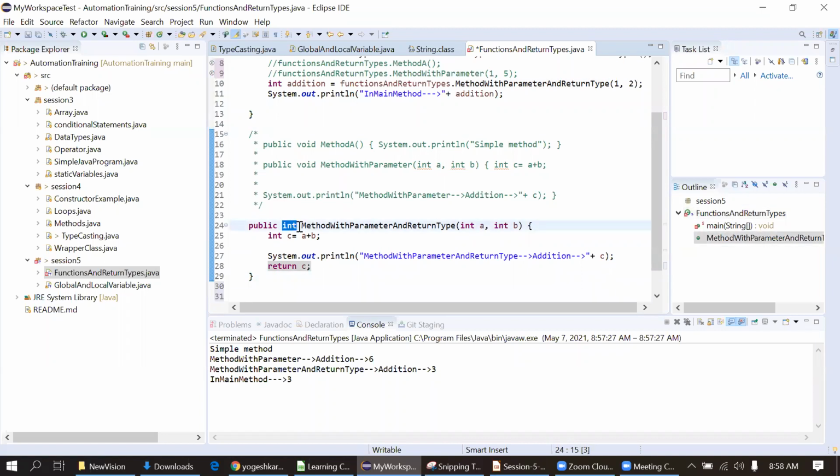It can be integer, it can be float, it can be string, it can be any data type. You have seen the primitive data type, right? It can be anything from that. And void means nothing. We are not returning anything. Means when we are printing the void, we are not able to write the statement like this actually. We cannot reuse outside the method that result of that method. So just remember this.